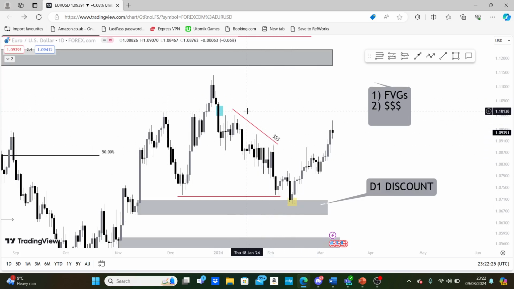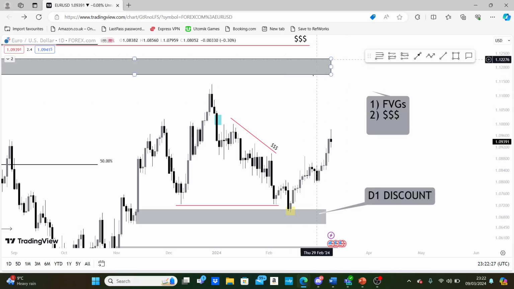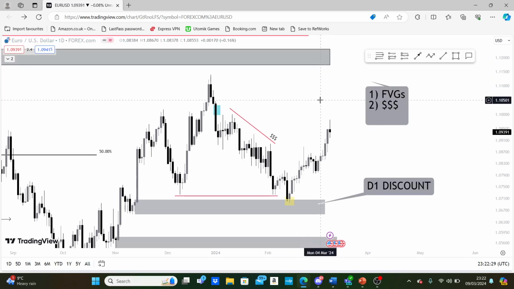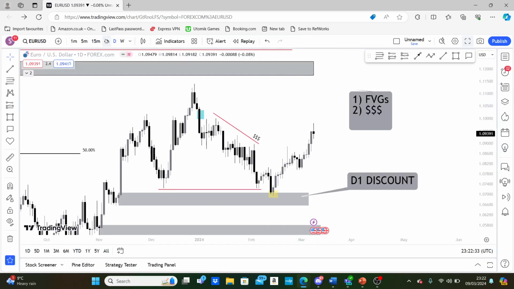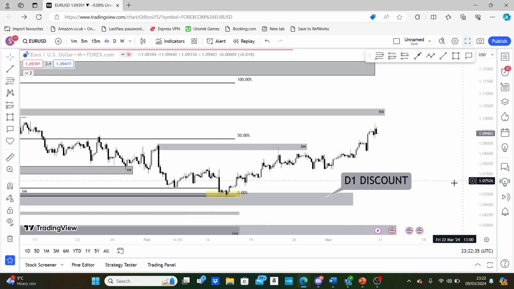This daily trend line marked out with this inefficiency and this inefficiency is the main reason I'm looking for higher prices on Euro USD. If we go down one more time frame just to dissect price a little bit clearer,